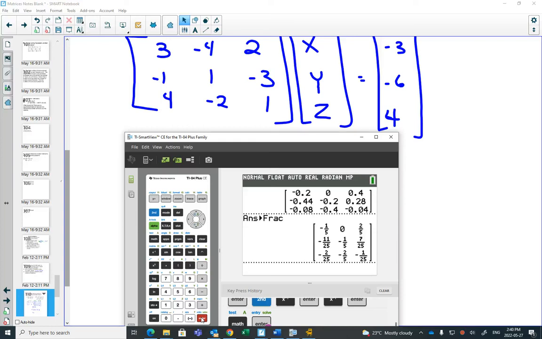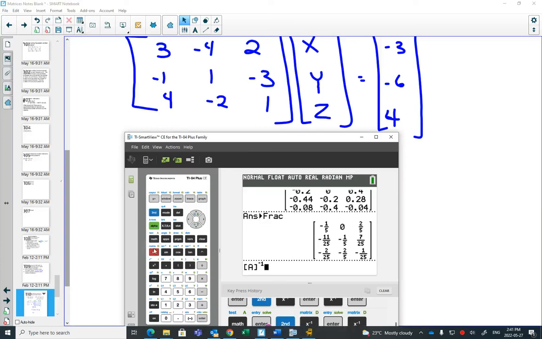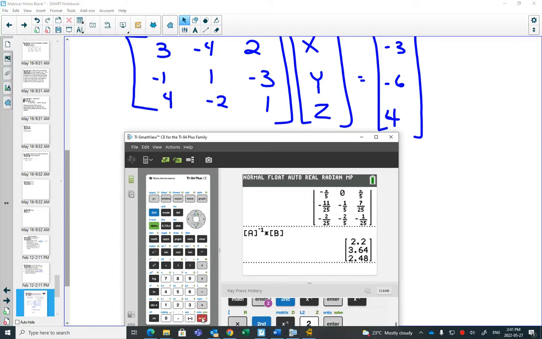Okay, so there's our inverse matrix. Now, you wouldn't have to find this and write it down, because to find x, what do we need to do? We need to take A inverse and multiply it by B, and we get our answer: 2.2, 3.64, and 2.48. Interesting. It's interesting because they're not nice numbers. I kind of expected nice numbers. But I guess if it's a calculator question,